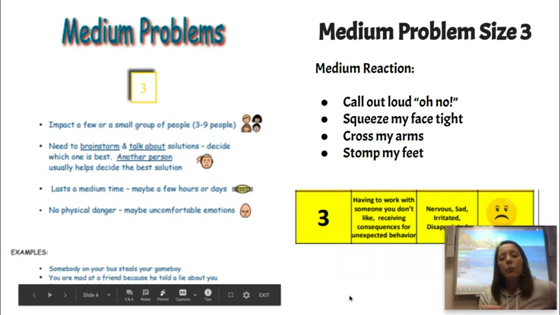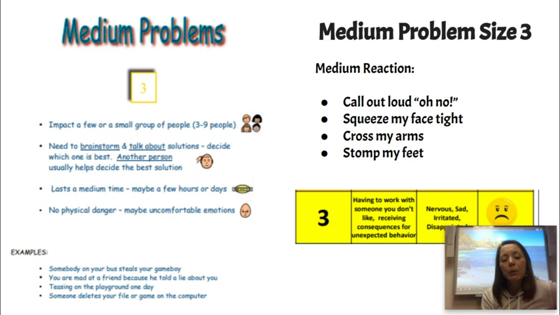At a size 3 problem, it usually impacts just a few people or a small group of people. So at a size 3 problem, we might need to brainstorm or talk about solutions. It might take a medium amount of time to figure out, maybe a few hours. There's still no physical danger at a size 3. So an example of a size 3 problem might be